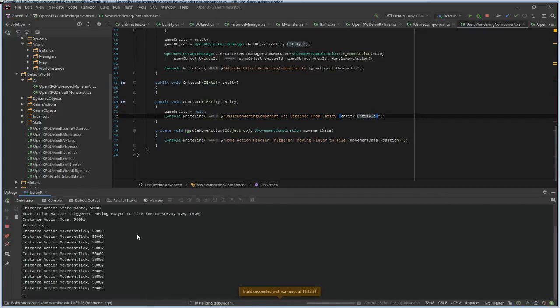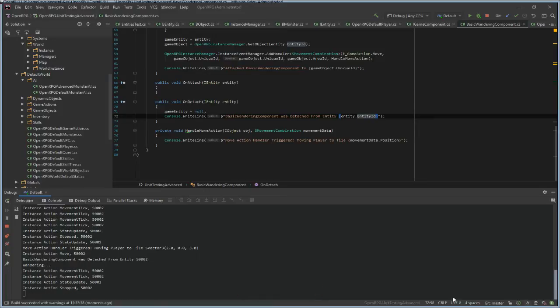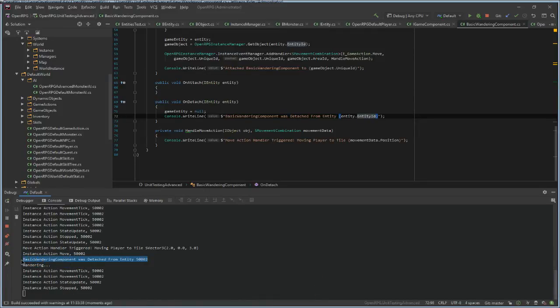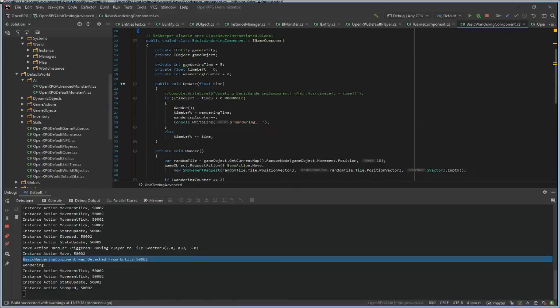I'm hoping it does. So it wanders one more time, and on the third time, yep, see this? The component was deleted and it's no longer being updated.